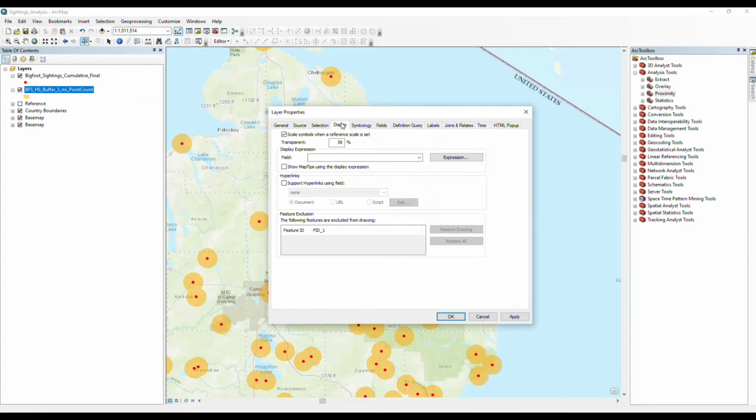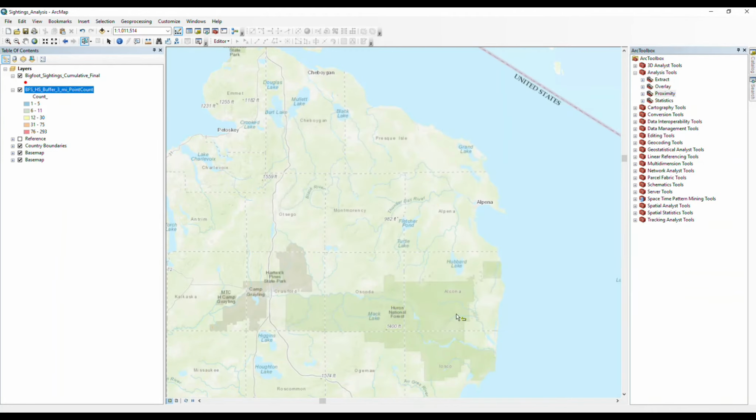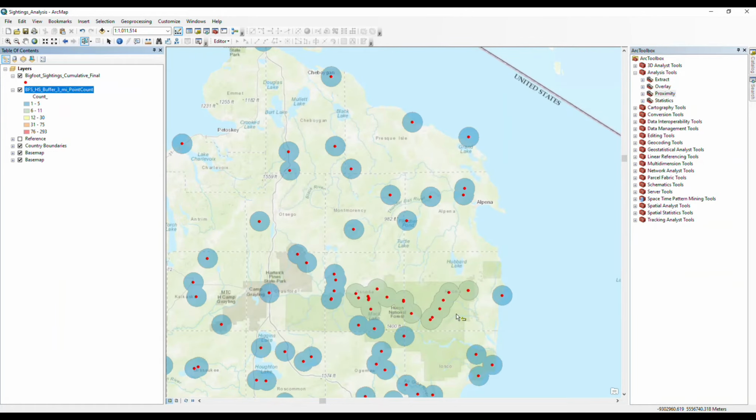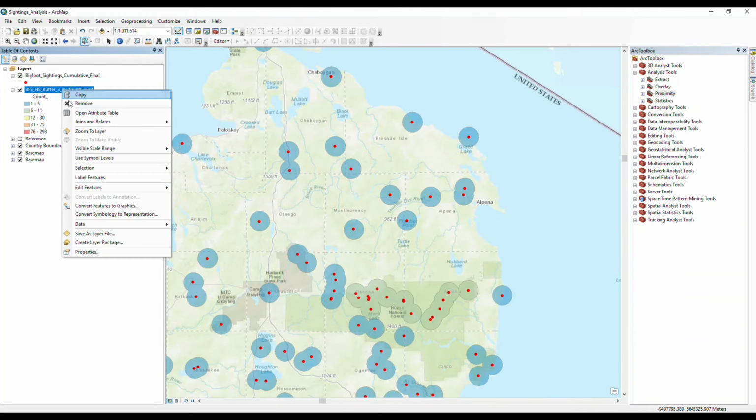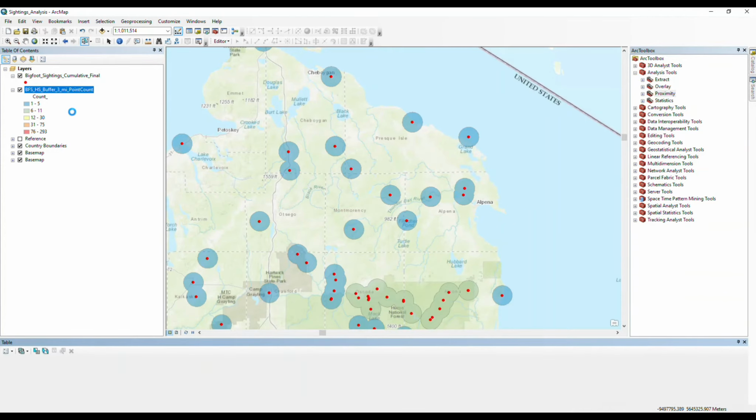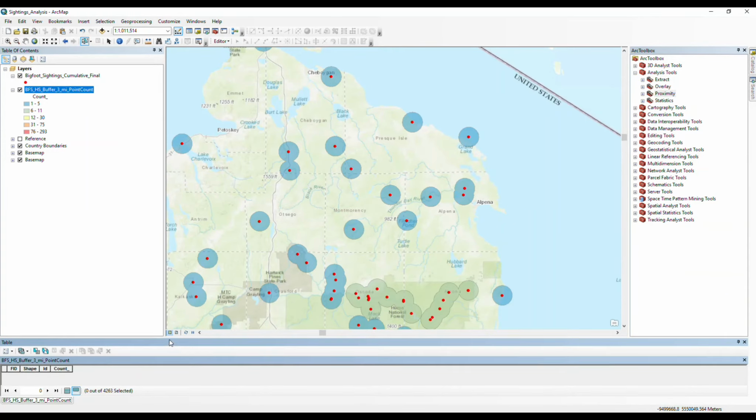So we've got that done. We've got a 50% transparency. Now all these buffers are going to change color. Okay, so we're in a relative hot spot there, but if we zoom out to the US, or actually if we zoom, we just go find that,